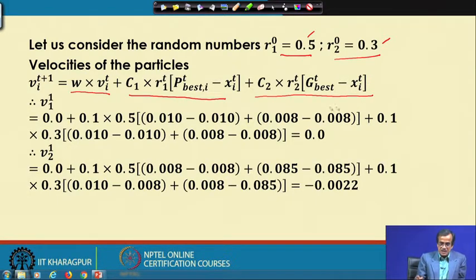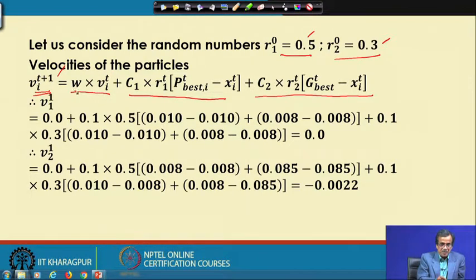Now, here if I just concentrate, V i with respect to t plus 1 is the velocity of the ith particle at the t plus 1th iteration, and that is nothing but W multiplied by V i t.